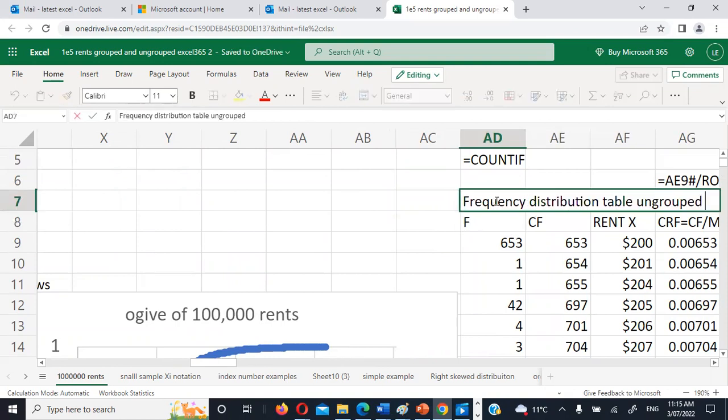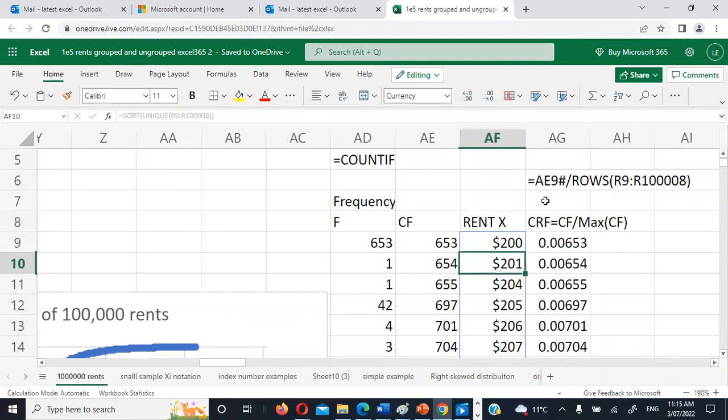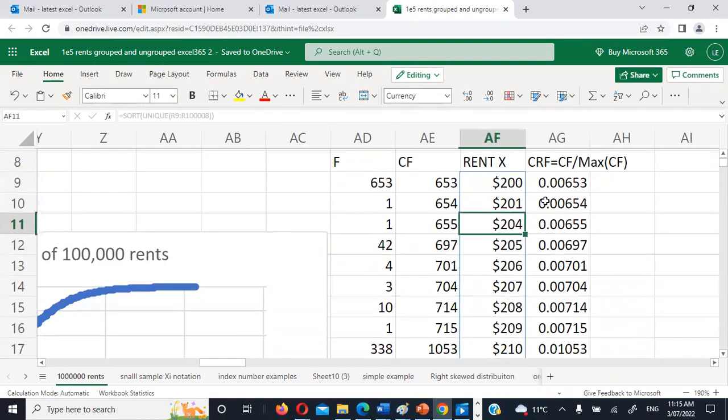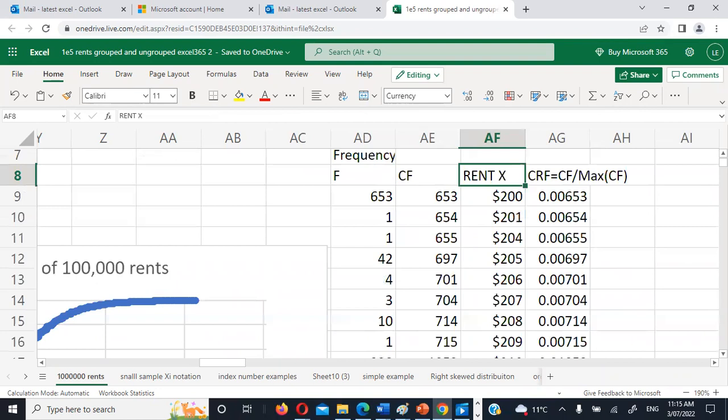This is the ungrouped frequency table. There's 653 200s. There's 1 201. Well, I think there's plenty of things